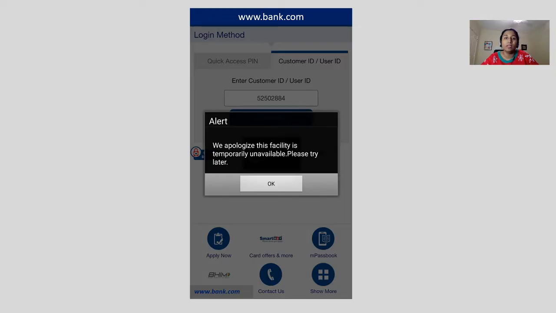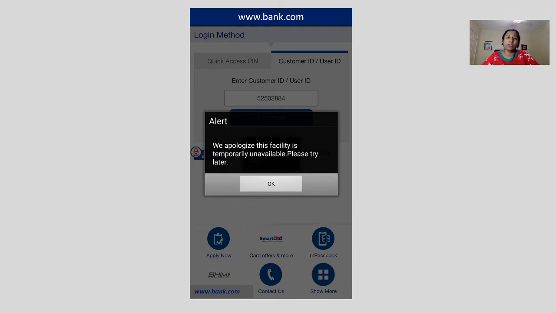But I suddenly see this on my screen. I am logged out of the mobile phone application and I see an alert saying the facility is temporarily unavailable. Now wait, what has happened? I'm in between the transaction. My transaction is not completed yet. So I do not know if my friend has received $100 or if I lost my $100. I immediately called her to ask if she received any money, which she said she didn't. So I immediately called the bank customer service to ask what had happened. They said there was a severe thunderstorm and some of their SQL Servers went down and they have already restarted them.